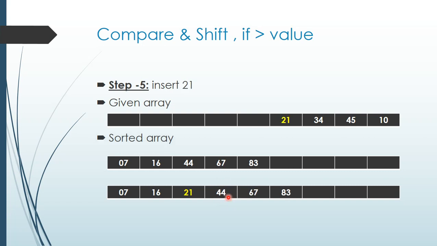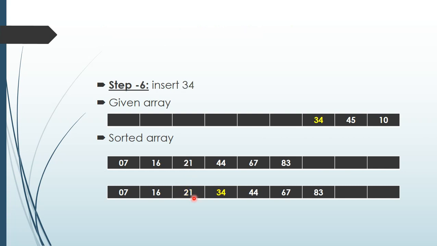Okay, so see the next slide. So here insert 21. So I have to take the next element 21. Already 5 elements are in the sorted list, I have to check where I have to place this 21. So இது எல்லாமே greater than 83, 67, 44, இது எல்லாமே 21 விட greater. So இது எல்லாமே நான் shift பண்ணணும். And 16 is lesser than 21. So அப்ப 16 க்கும் 44 க்கும் நடுவுல நான் 21 place பண்ணணும். So I have shifted all the 3 elements and I have placed 21 in the right position. Okay, see the next slide.